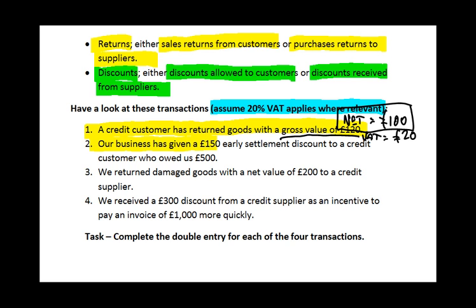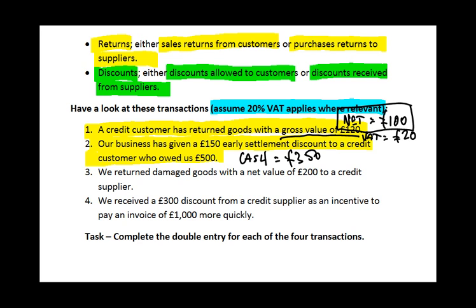Well, the second transaction is our business has given a £150 early settlement discount to a credit customer who owed us £500. So they would again have been sitting on the sales ledger control account. They'd have been an asset. They'd have been a debit of £500 in total. But because we're giving them a discount, they're not actually going to pay us a total of £500. The cash they will actually pay us would be